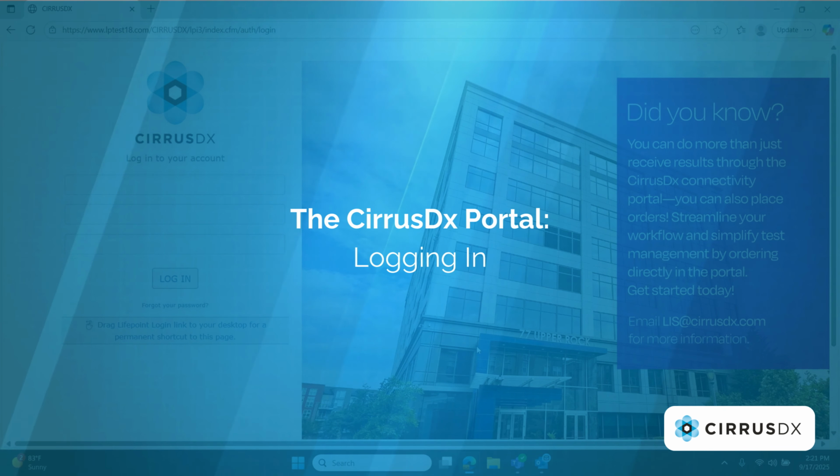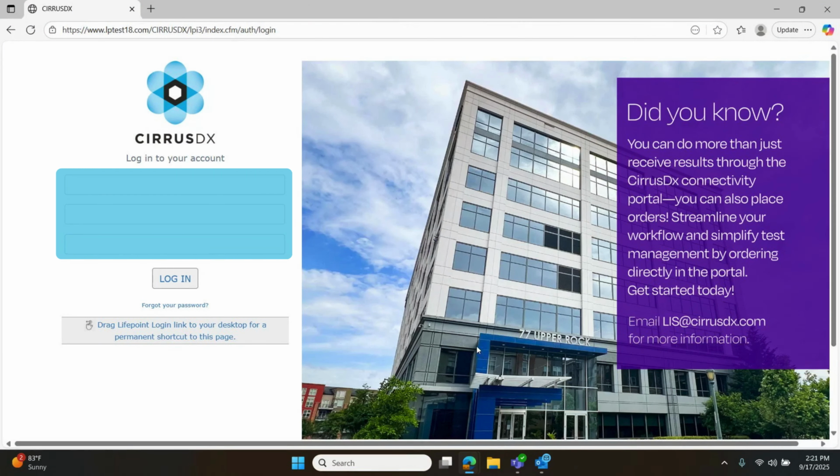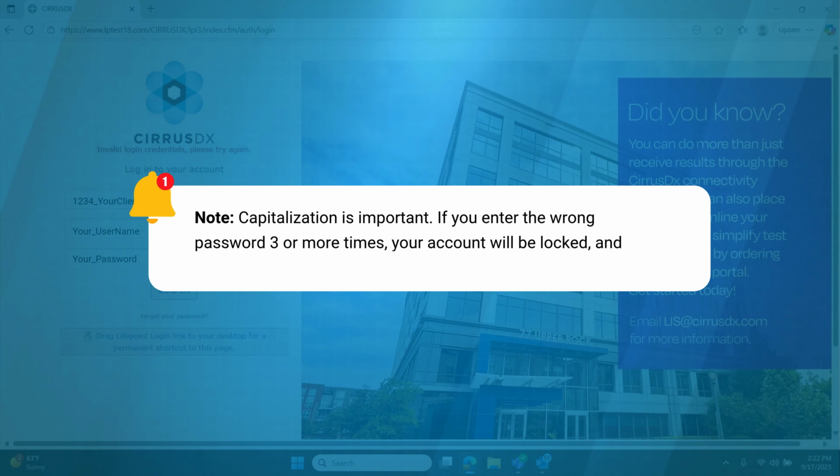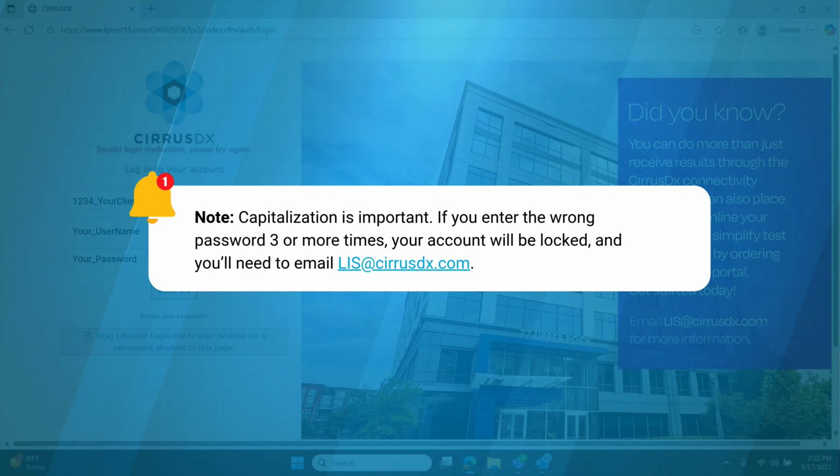Logging into the CirrusDx portal. To log into the portal, use the credentials provided to you. Note that capitalization is important. If you enter the wrong password 3 or more times, your account will be locked, and you will need to